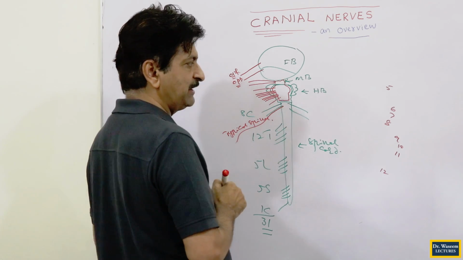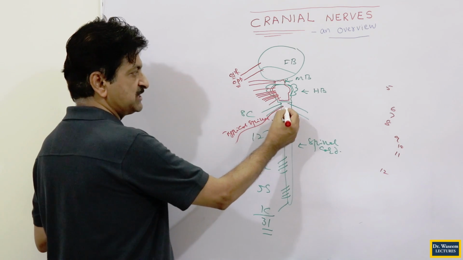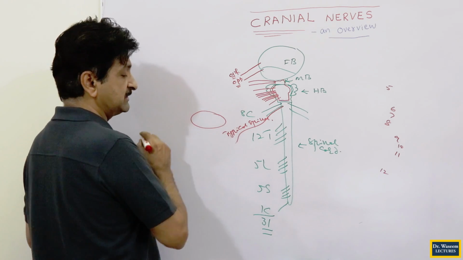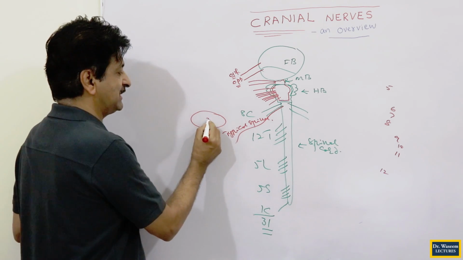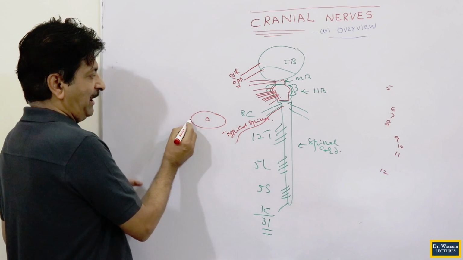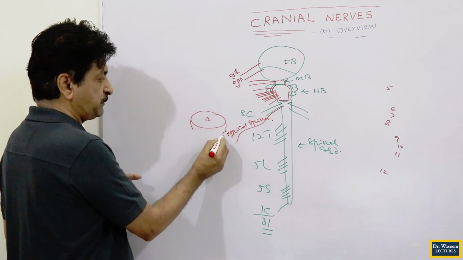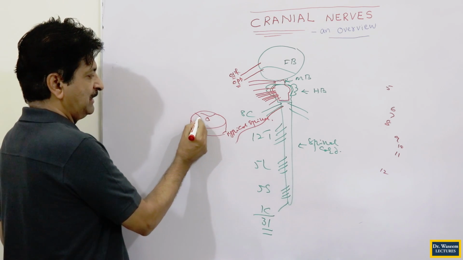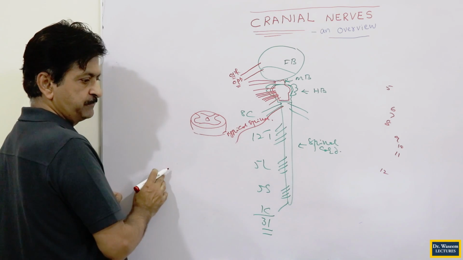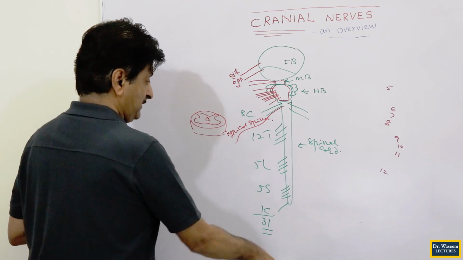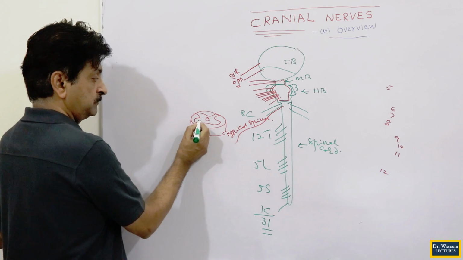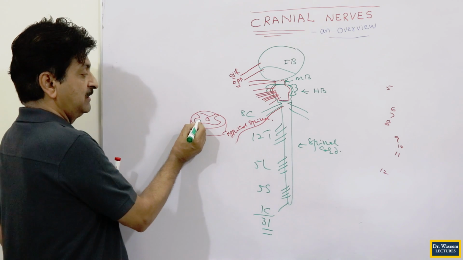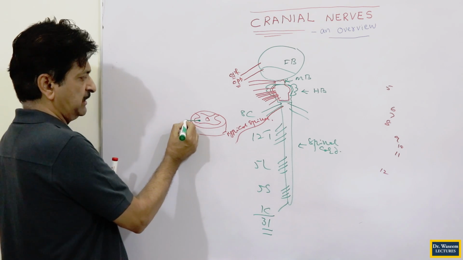What do you mean by typical spinal nerve? The thing here is that when you are picking up any typical spinal nerve, we find that it has its attachment to the spinal cord. This spinal nerve is emerging from the spinal cord. Any segment of the spinal cord has its connections with the gray matter, has its motor root, with the cell body lying in the gray matter of the spinal cord in the motor horn, that is called the anterior horn. Its root is coming out, the axon bundle is called the root here, the motor root.